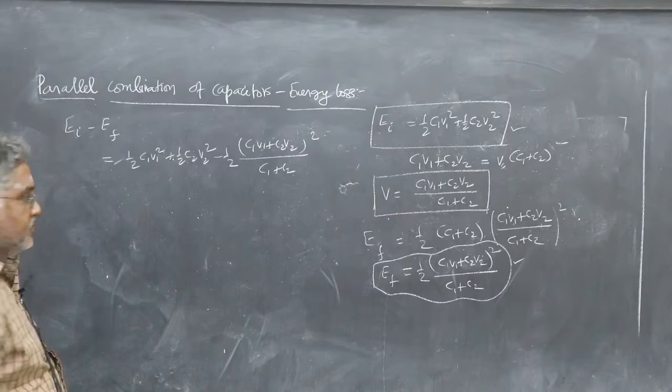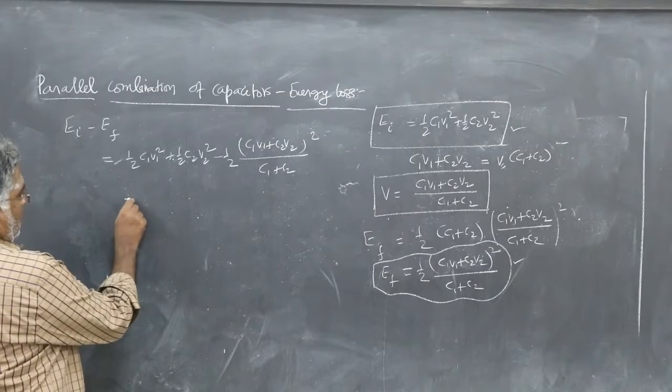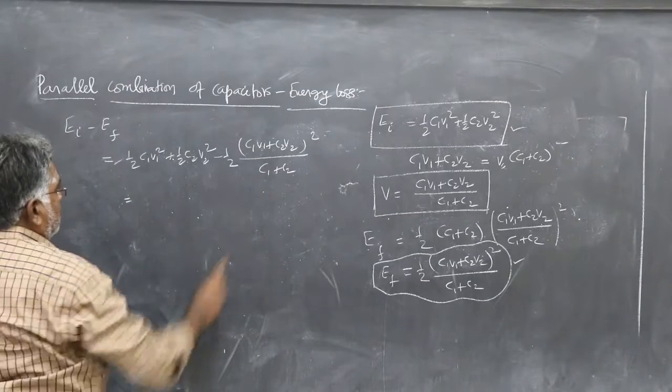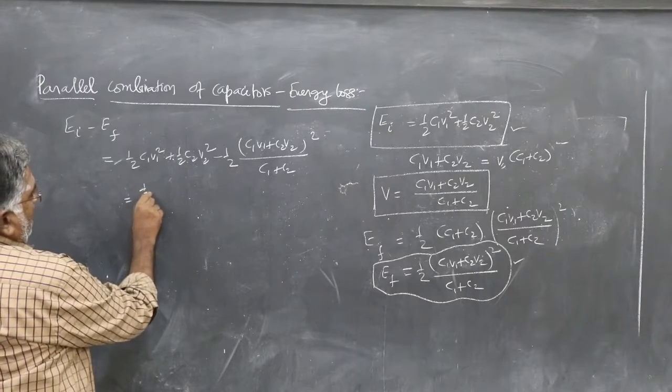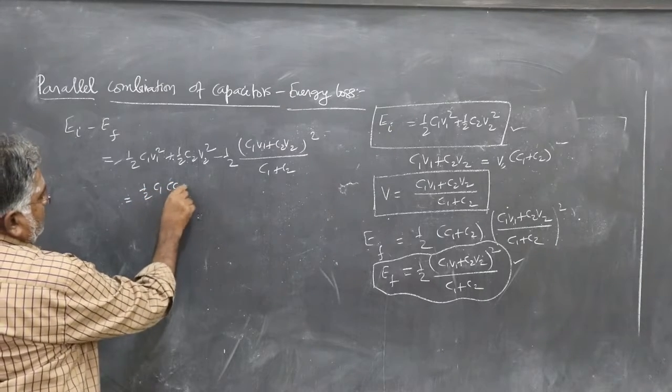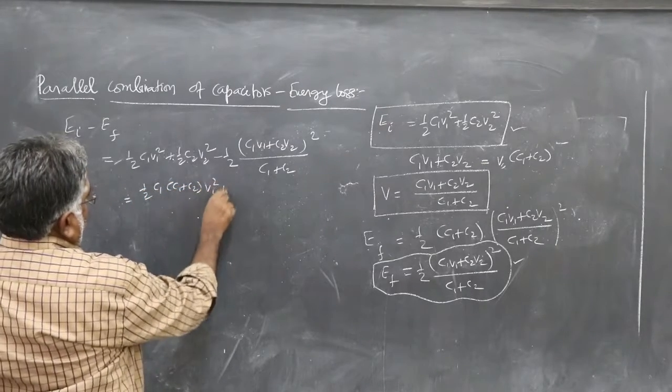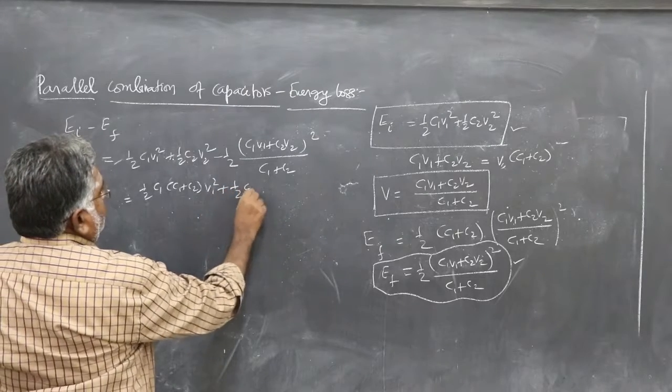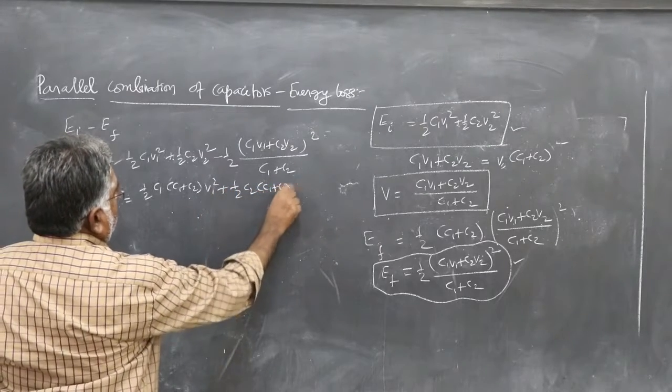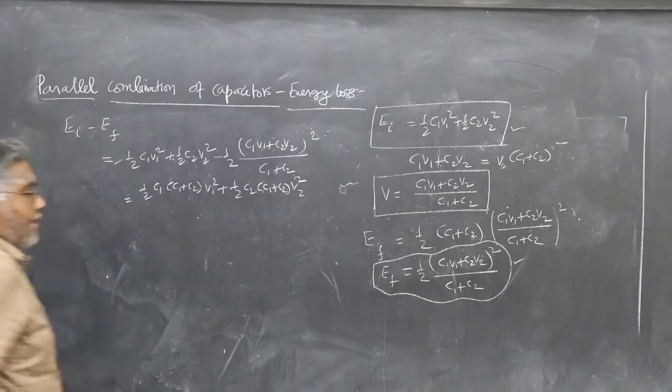Simplify. Take C1 plus C2 as LCM. So half into C1 plus C2 V1 square plus half C2 into C1 plus C2 V2 square